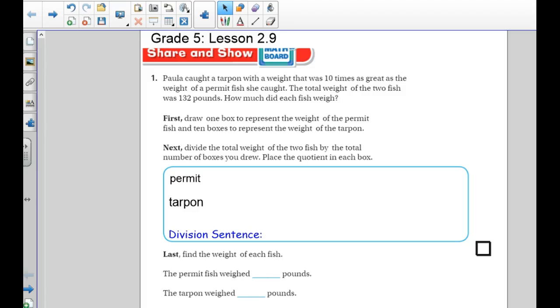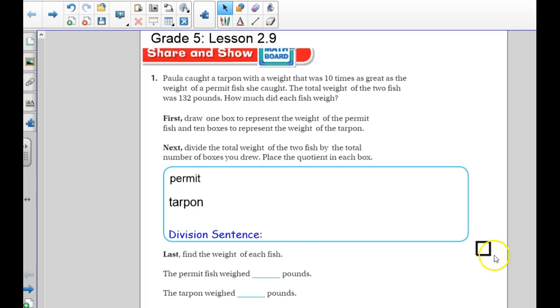Okay, so we are going to solve this division problem using a draw a diagram strategy. Once you have read this question, you realize that you are talking about two different fish here: a permit fish and a tarpon fish. We want to compare everything in this problem to the one permit fish, and really only talking about another fish, the tarpon, which is 10 times as great as the